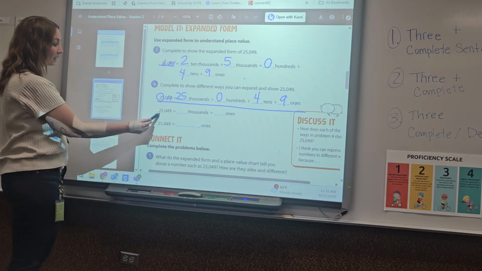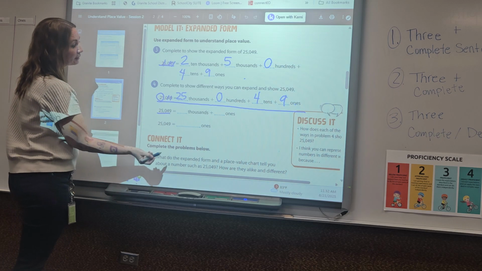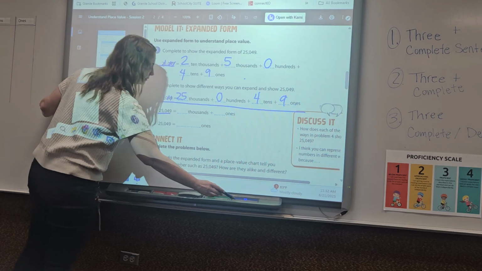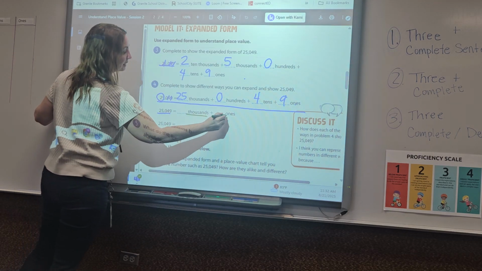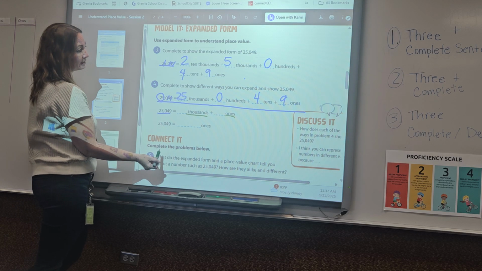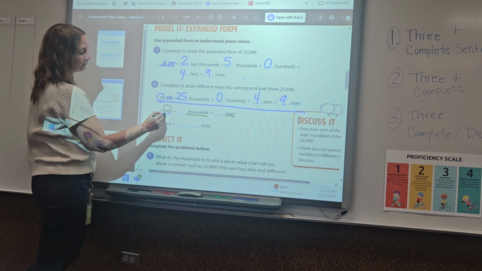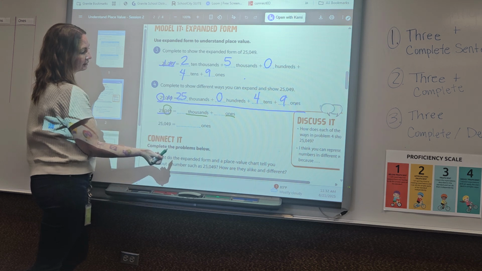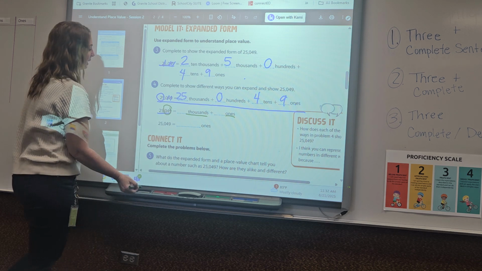All right, this one. We have the same number, but this time we only have thousands and ones. Well, do you remember when we learned about the ones period and the thousands period? Yep. Okay. Looks like that's what they're doing. So these ones would go, actually,